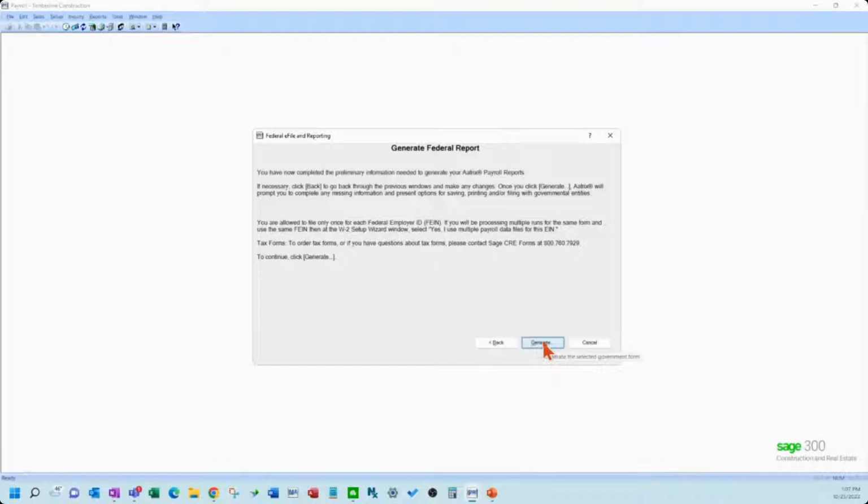Usually this is where the only option is to hit generate. This is just giving you some information. This is pretty standard. It compiles your data, so it doesn't take a long time unless you have thousands of employees, but this takes just a minute.